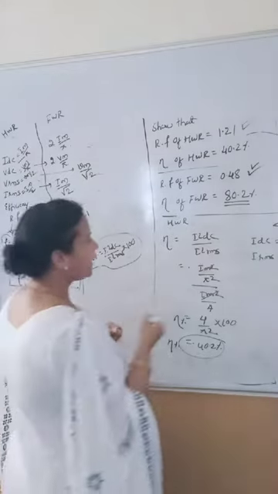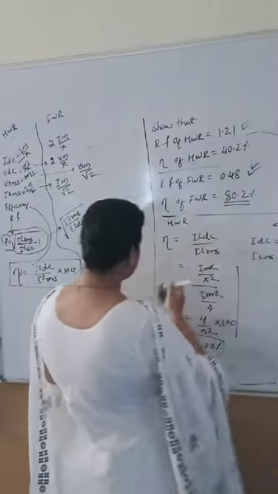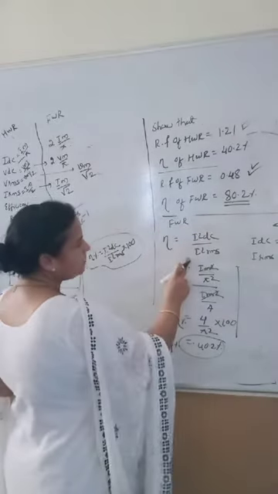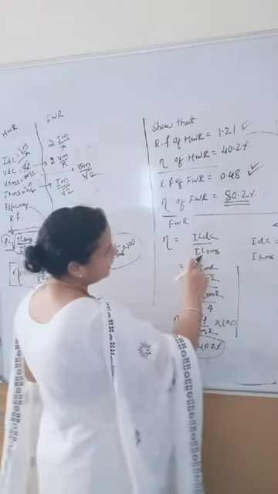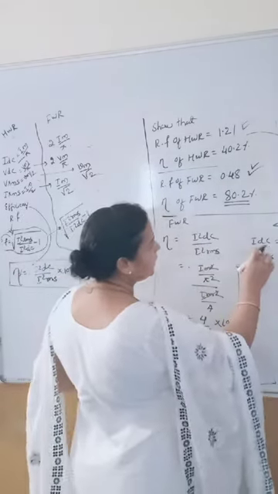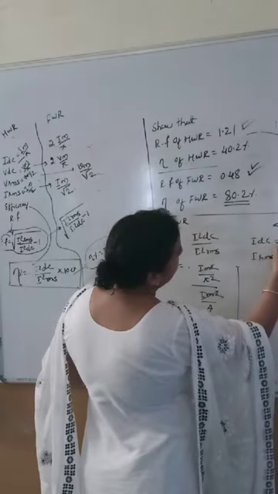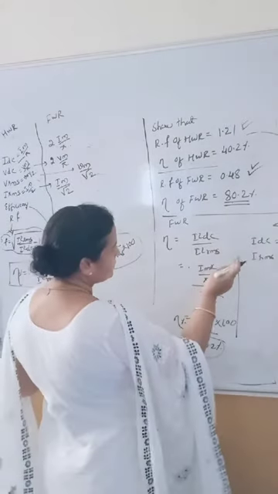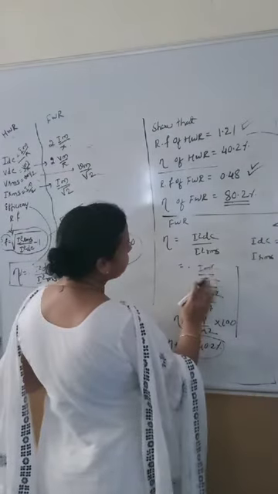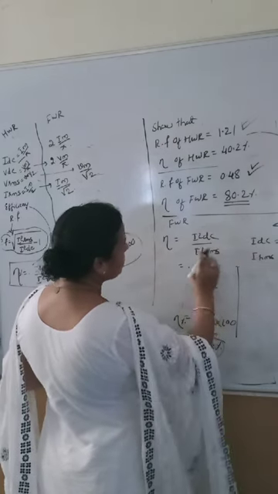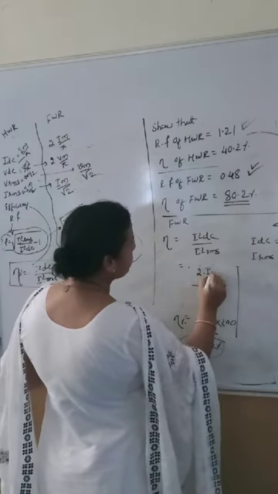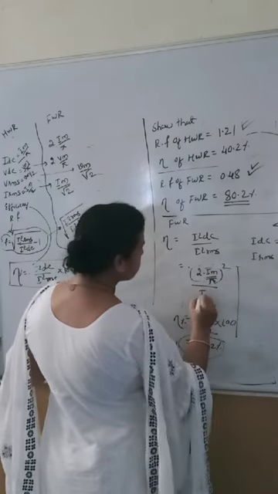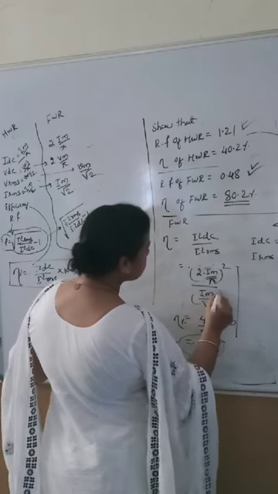Similarly, we can derive now here only, for the full wave rectifier. The equation is the same, whereas the IDC value and IRMS value for the full wave rectifier are changing. IDC is 2 times Im by pi. IRMS is Im by root 2. Just substitute the values. IDC square is 2 times Im by pi square. IRMS square is Im by root 2 square.